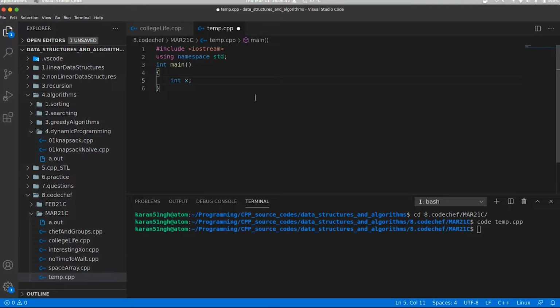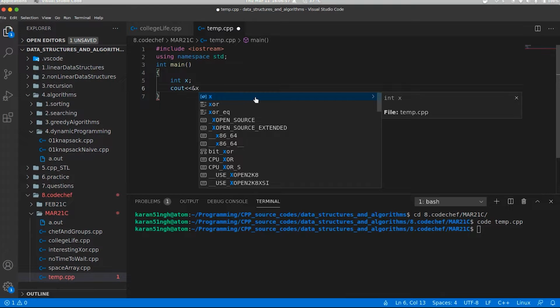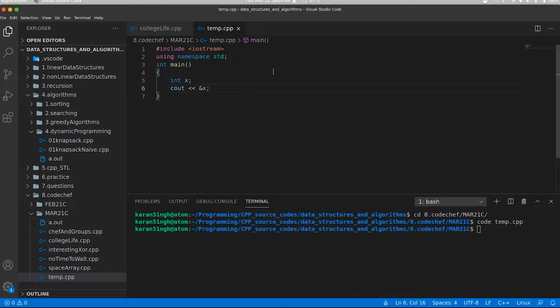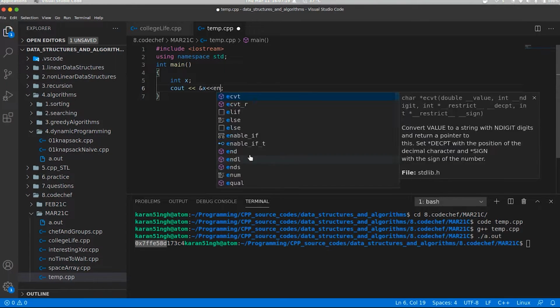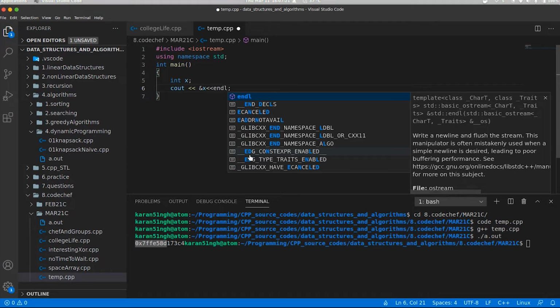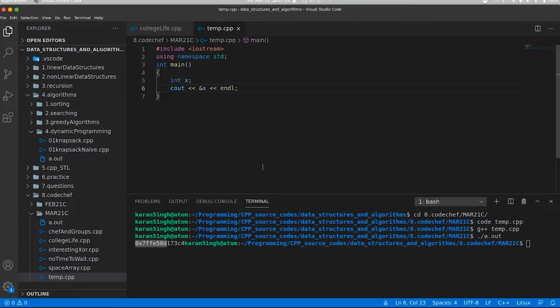Now suppose I want to see the exact address of this memory location. I am going to use the ampersand operator, or the address of operator. This is how it works. Let me quickly compile this and show you what the output will be. Let me just put an endl so that it looks visually better.